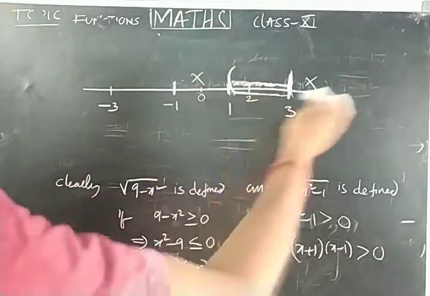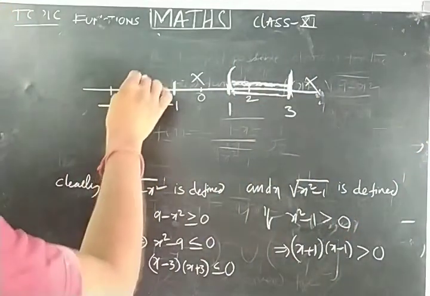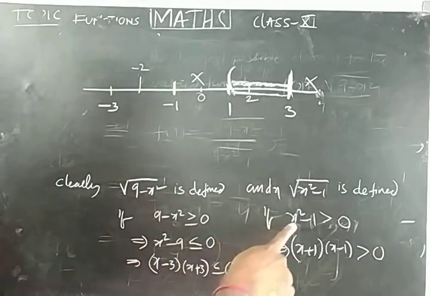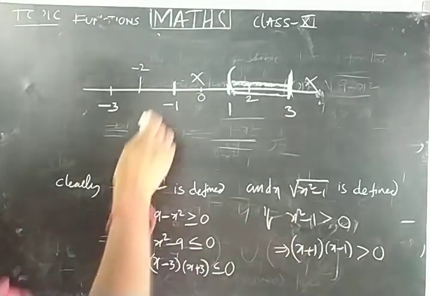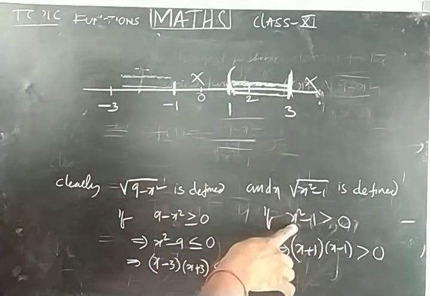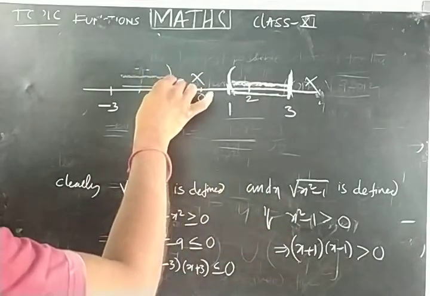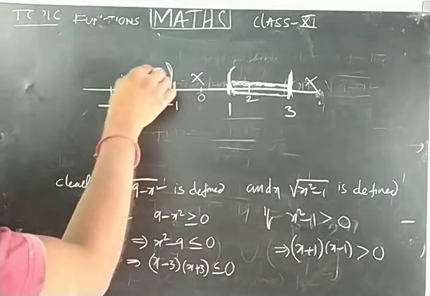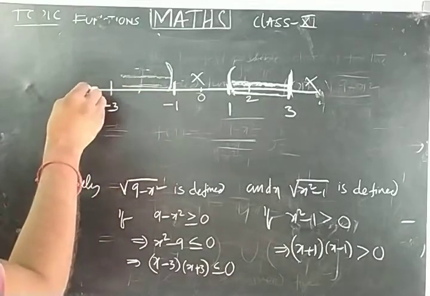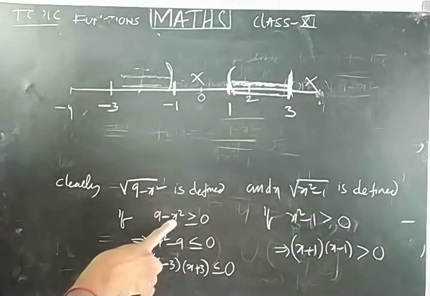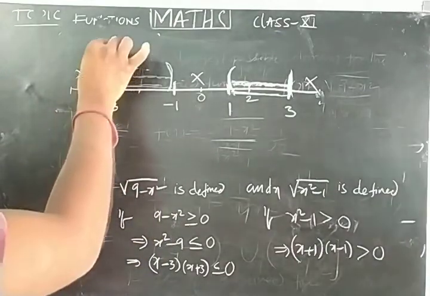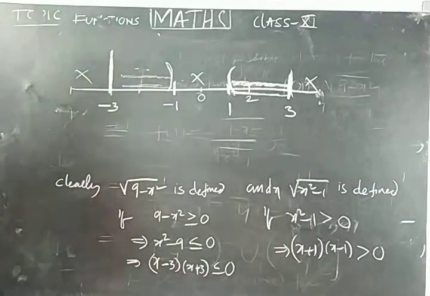At minus 1, the right hand side is over, now the left hand side. Suppose I am taking minus 2. Substitute minus 2: 4, both satisfying. So you can take the left hand side of minus 1. Minus 1 we should not take, you will get 0. So except minus 1. Left hand side, suppose I am taking minus 3, 0, satisfying. So you can take minus 3 also. Left hand side of minus 3, minus 4 I am taking: 16, minus, negative quantity. So we should not take the left hand side. Up to minus 3 only.